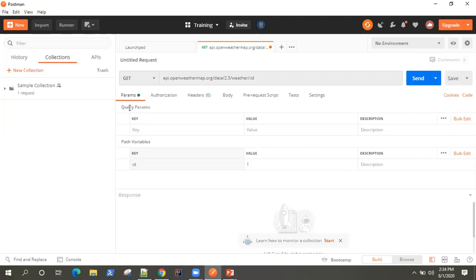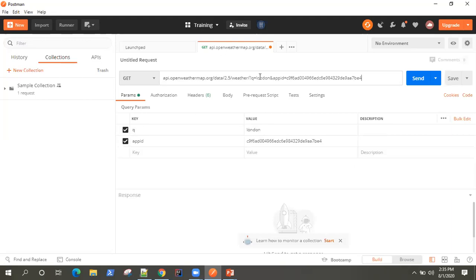Query parameters will help you filter your results from the API. Path variables will find that particular resource on the endpoint. With the help of a path variable, it will directly find that resource. So that's the difference between query parameters and path variables.